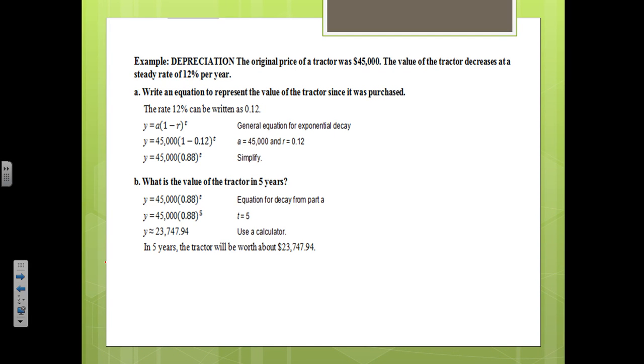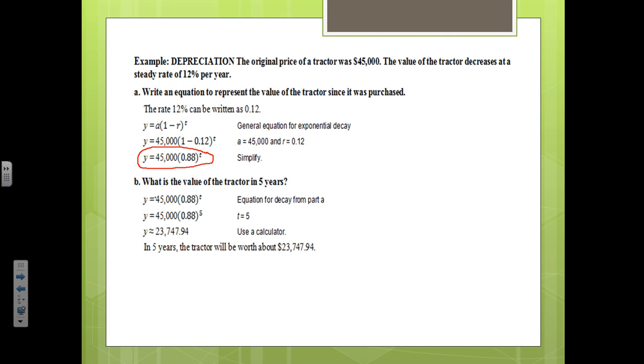So let's take a look at this example. The original price of a tractor was $45,000. The value of the tractor decreases at a steady rate of 12% per year. So they want us to write an equation to represent the value of the tractor since it was purchased. Well, the rate of 12% can be written as 0.12. And then the initial amount was $45,000, so we'll plug that in for A. The 0.12 will go in for R. And then simplifying that, our equation to represent the depreciation would be y equals 45,000 times 0.88 to the t